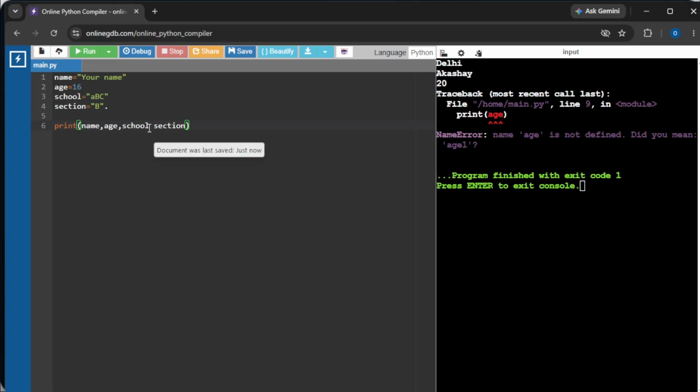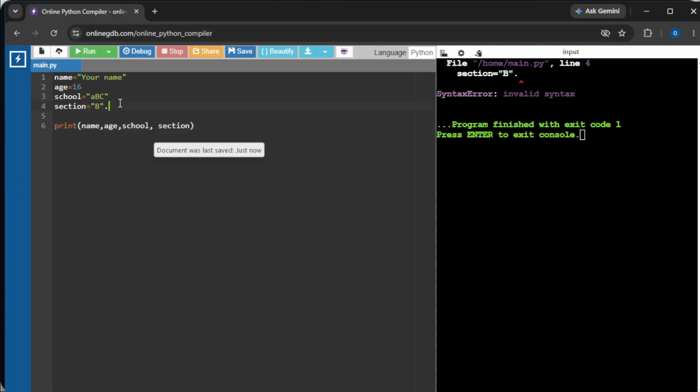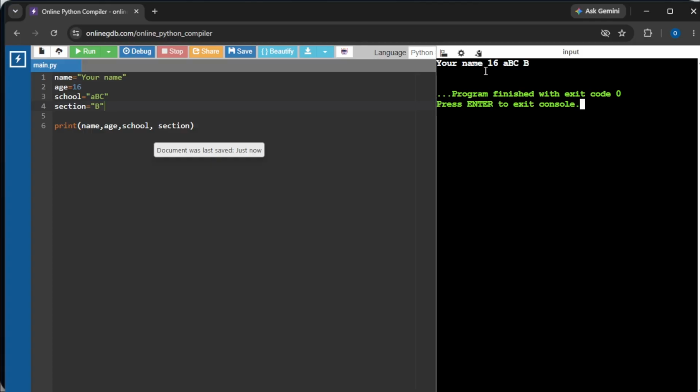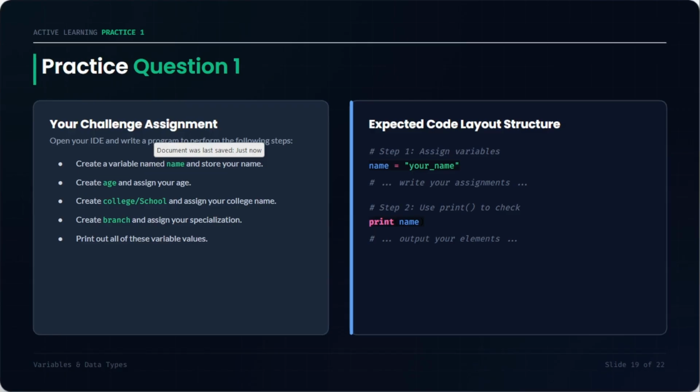And when we print it, it will work perfectly fine. You can see your name, age, school, and section. Or you can also go for the class. Now moving on, let's move to our